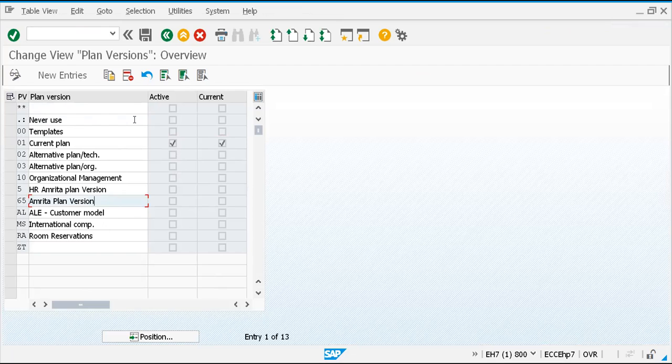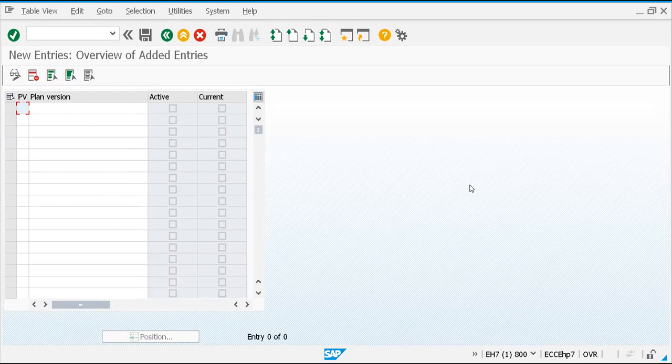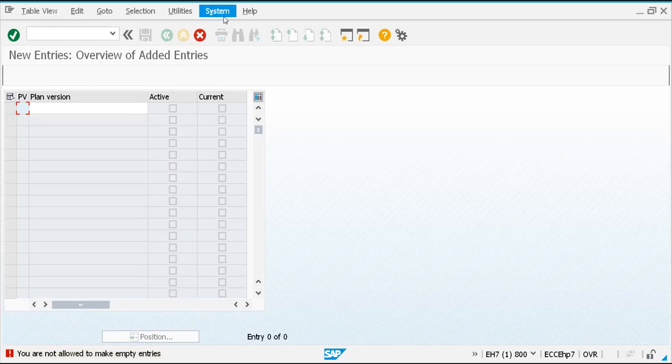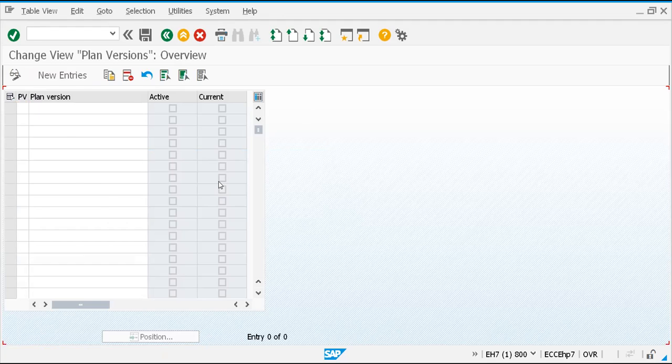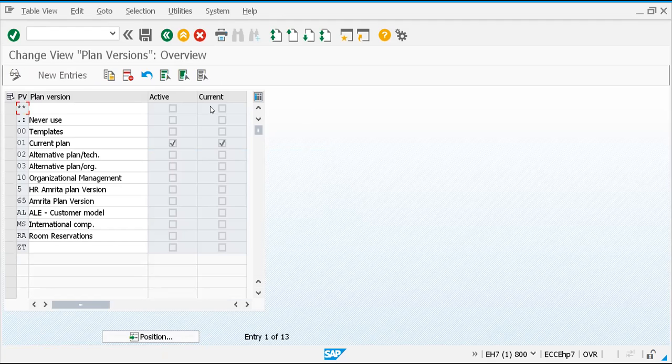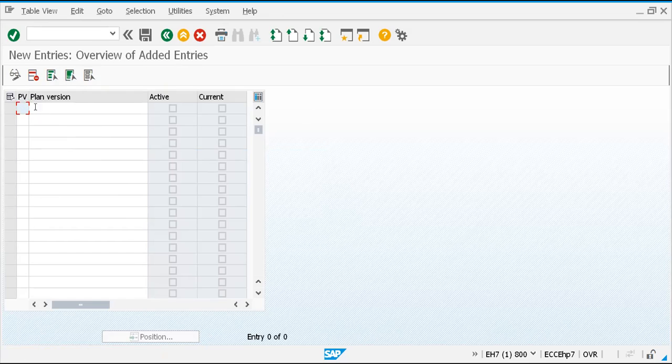So what I will do is I'll go with new entries and I will type something like PS. I can type any of the codes. There is no problem. Let me check what is available. I can use even a number. There is no problem with that. Somebody has created Amrita plan version. Okay, no problem. I will create, say, plan version 82. Any alphanumeric code I can use. There's no problem with that. PS